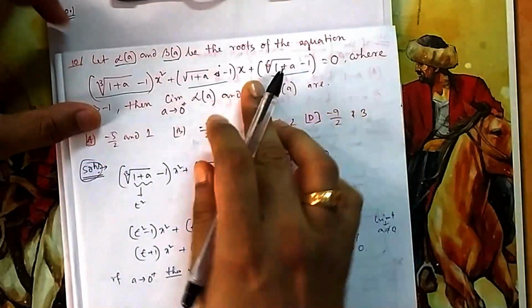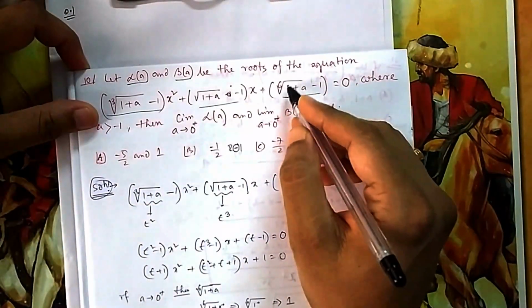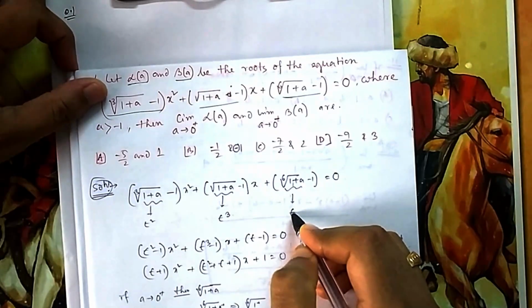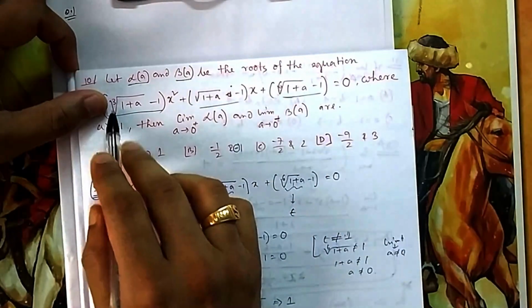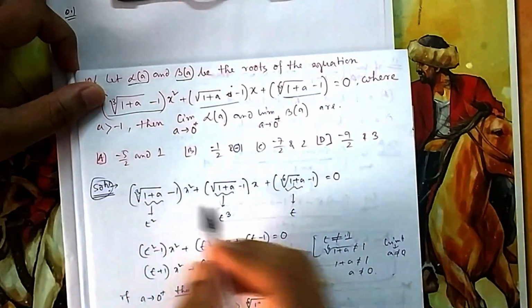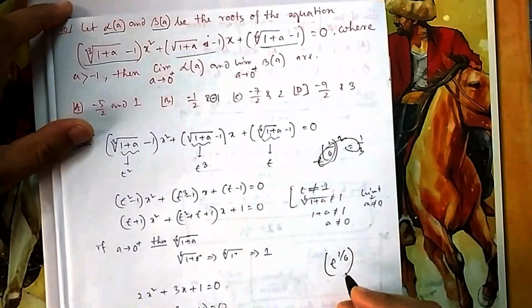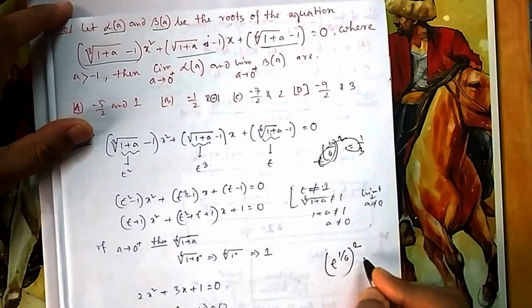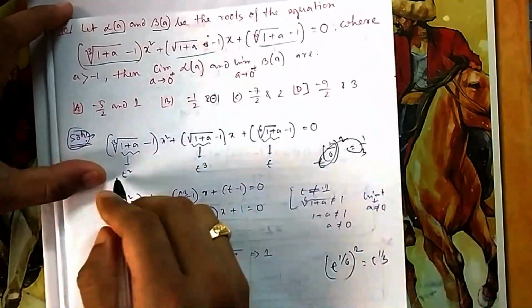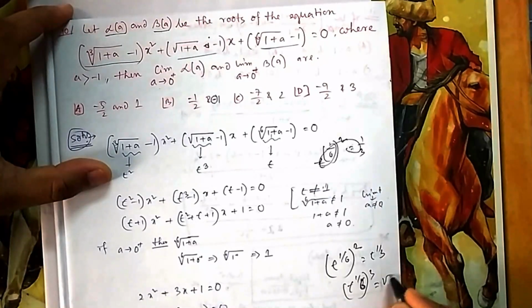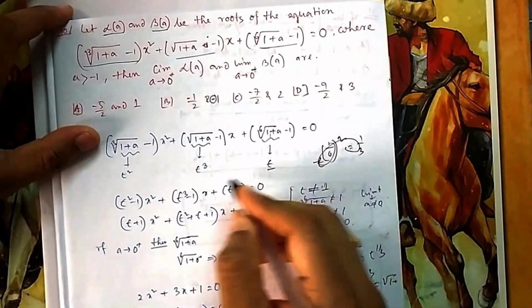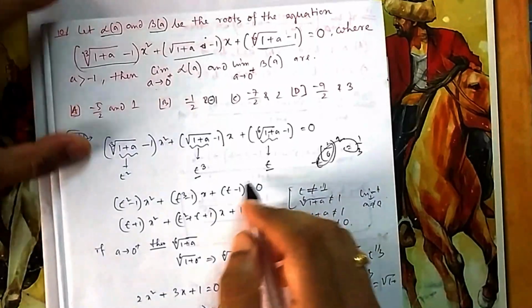To make it a little bit easier, I am taking this one as t. This is just the square of this one. This is the 6th root, so this is the cube root. If I take this as t, that is 1 by 6 to the power t, then if you square it, it will be 1 by 3. So that's why it is t square. And if you take the cube of this 1 by 6, then it is the square root. So you can see if it is t, then it is t cube, then it is t square. So it will be easy now.